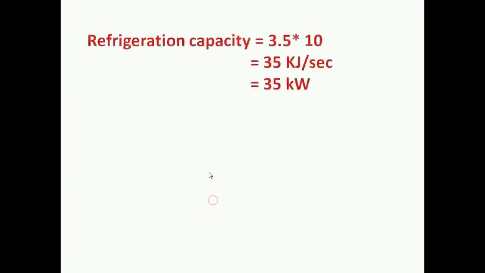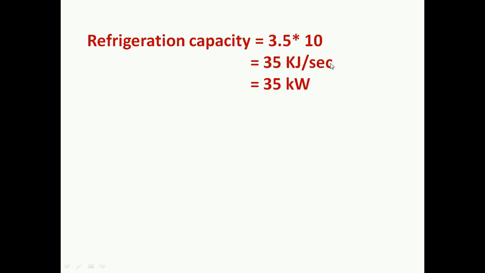Next, refrigeration capacity. In the problem itself it is given as 10 ton capacity of refrigeration, but 1 ton capacity of refrigeration is equal to 3.5 kilojoules per second. I am telling in terms of kilojoules per second. You do all the problem with respect to seconds, but in the problem they ask you to find the value of mass flow of refrigerant in terms of kilojoules per minute. What you will do, just multiply this one with 60. Let us do that in the next step.